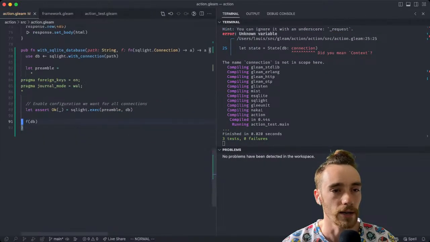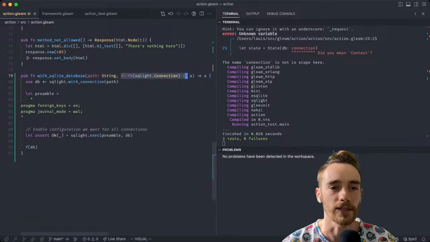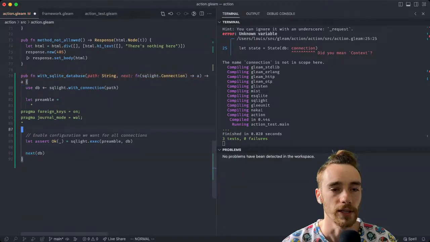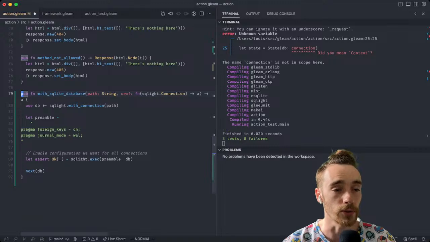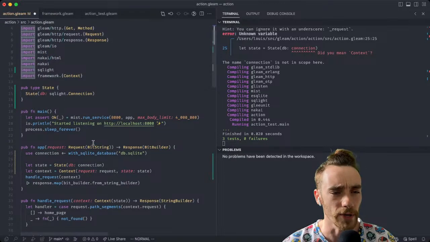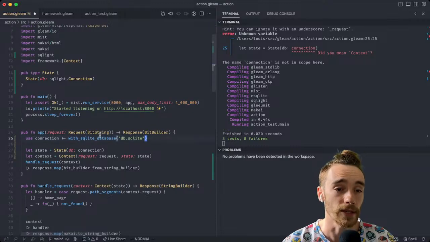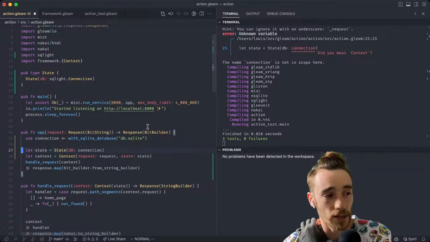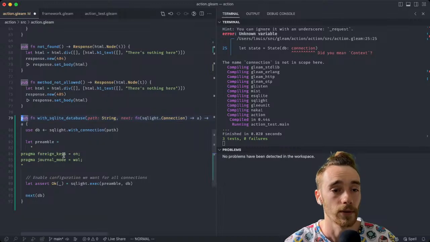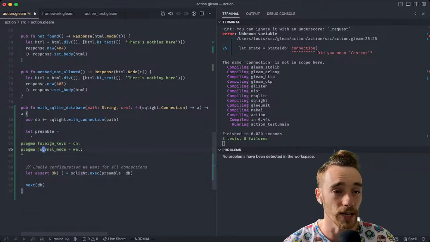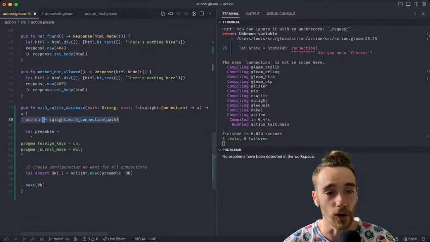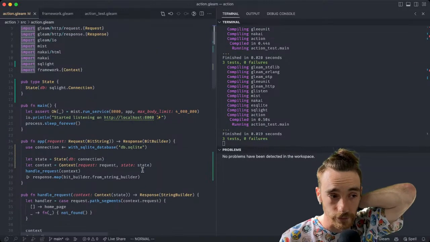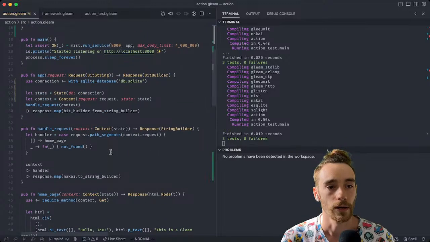There we go. So I have this function. It takes this continuation, which I'm going to call next, because F is a rubbish name. It takes this next function as a second argument, and then that means I can call it using use. And that means that it will run all these things, and when it gets to the end of the function, control is yielded back to this function, which would then do whatever happens next. And here it looks like it's doing nothing, but actually it's also using use. So it's really saying open here, and then at the end it closes. Cool, so I've got a connection,